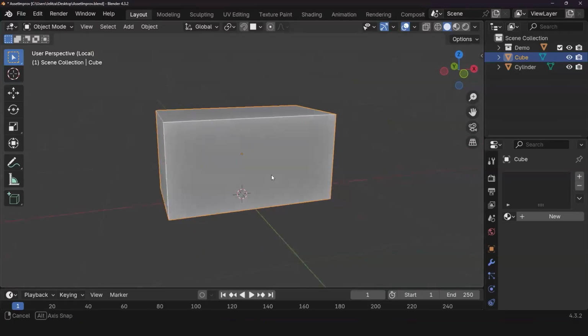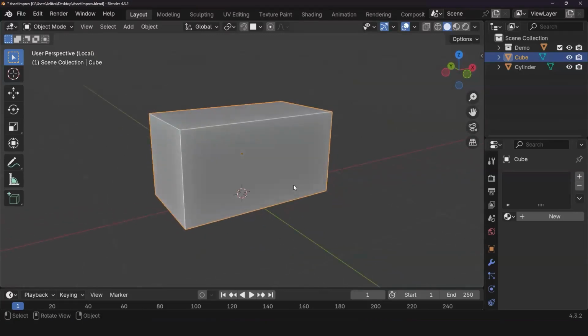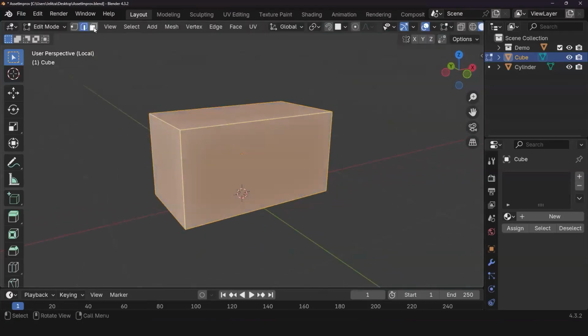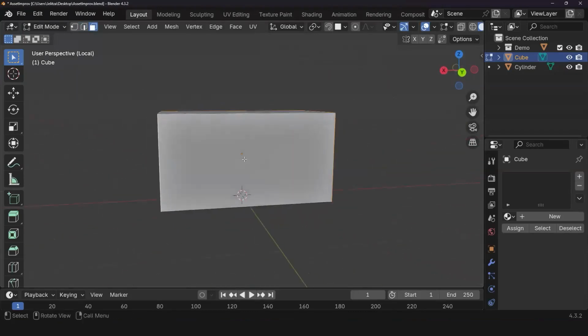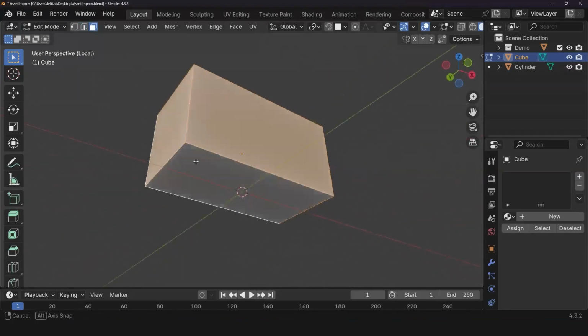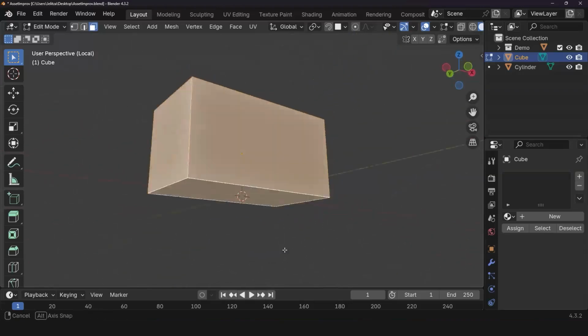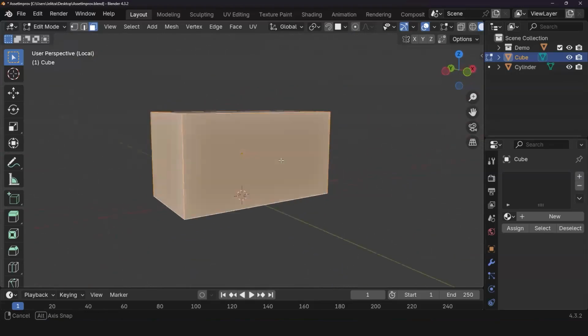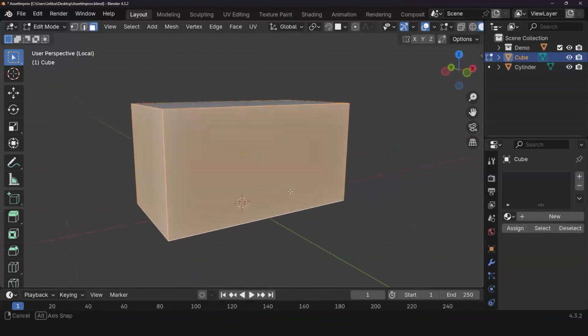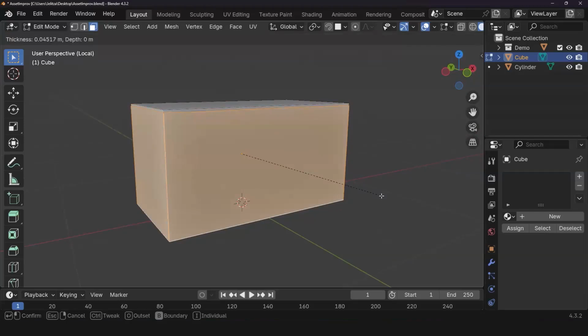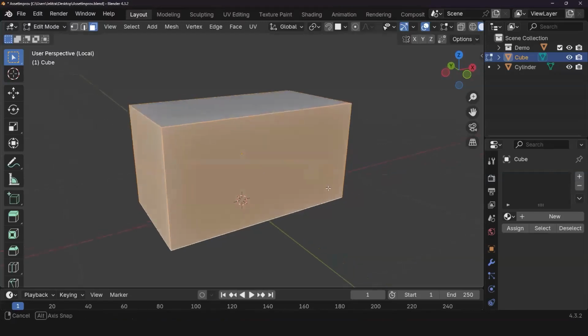Okay, so let's get back to modeling this guy. So I'm going to press Tab and go to face select mode on the upper left-hand side. And I want to kind of block out the initial shape. Like I stated before, I'll do the bottom too. The top, I'll do something a little different. So what I'm going to do is press I for inset. And as you can see, there's something going on here, right? We don't want that.